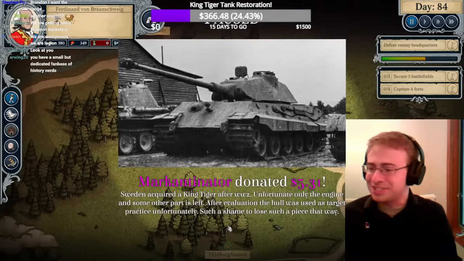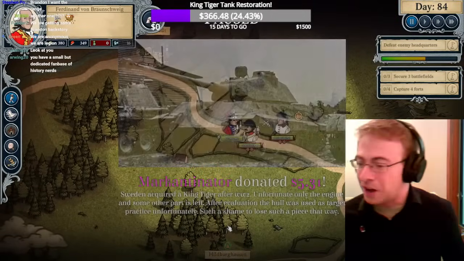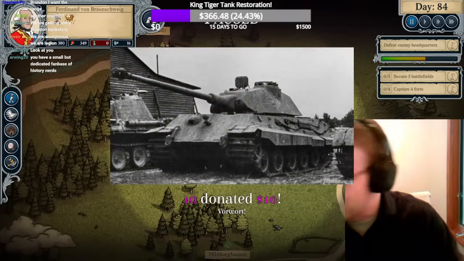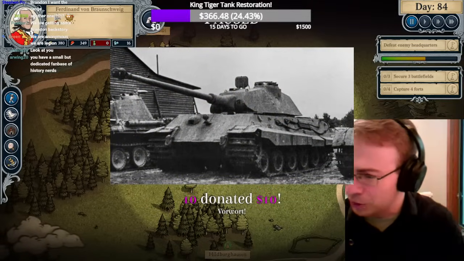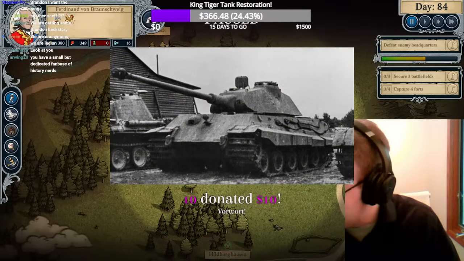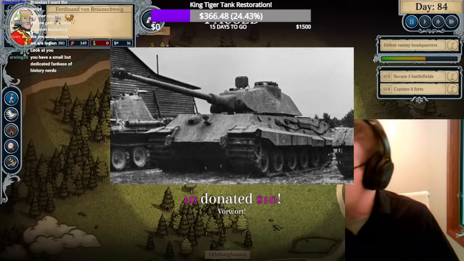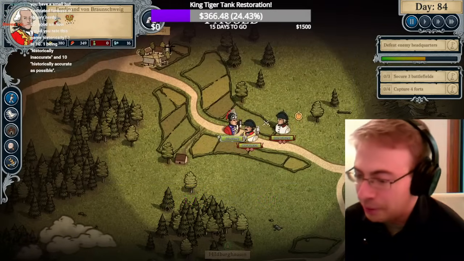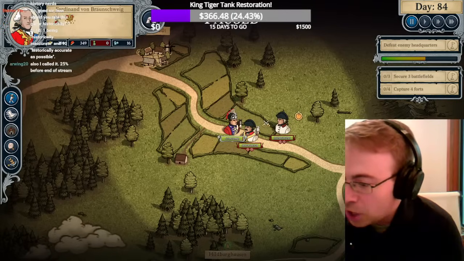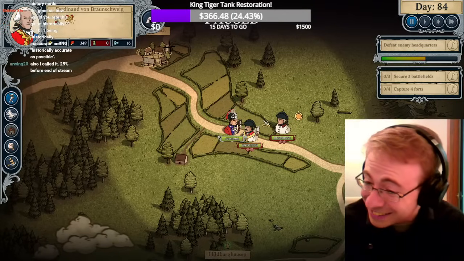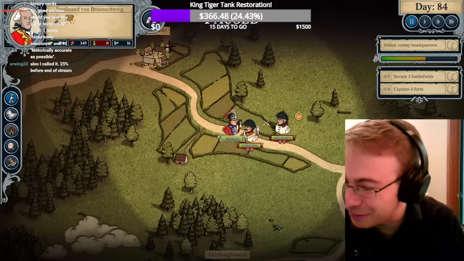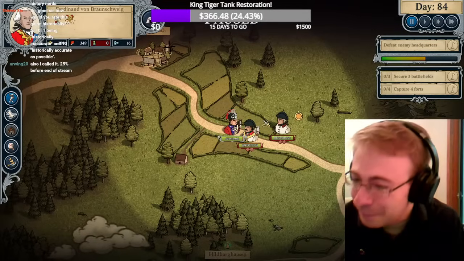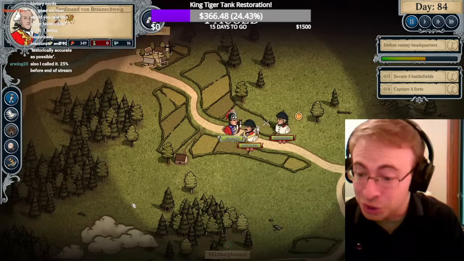10 has tipped 10 while saying forwards and forwards. Oh, I'm reading them out of order there. And Mark has given $5.31. Sweden acquired a King Tiger after World War II. Unfortunately, only the engine and some other part is left. After evaluation, the hull was used as target practice. Such a shame to lose a piece that way. Oh, yeah. Gotta be really cool for the guys who were doing it, but like, I